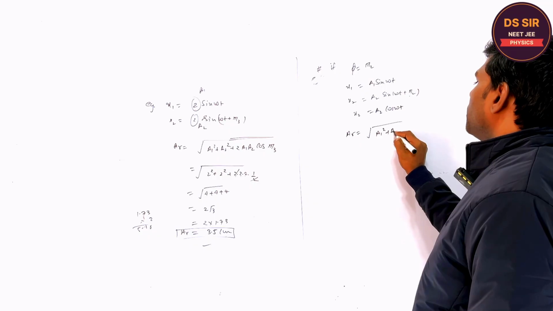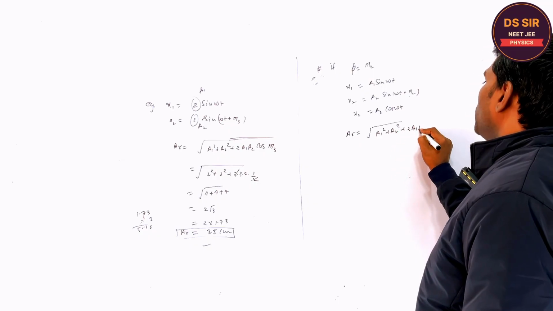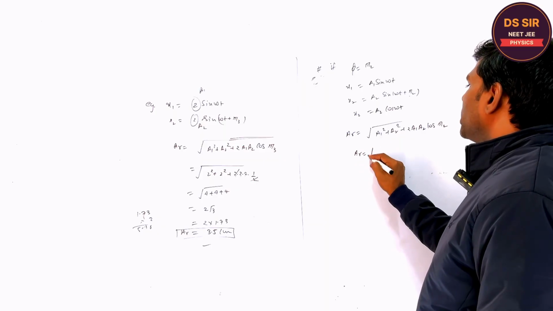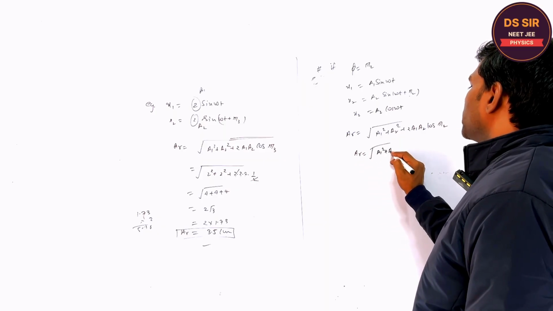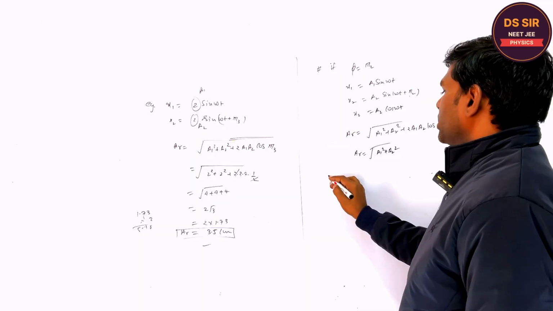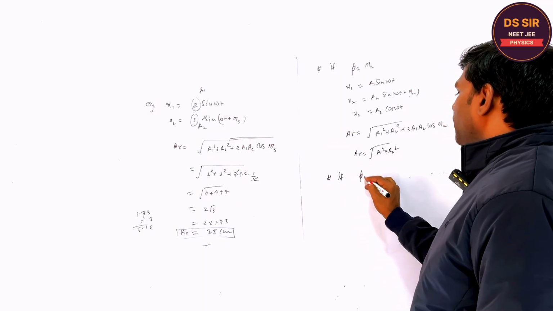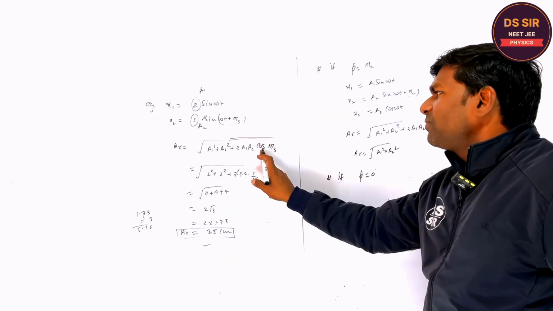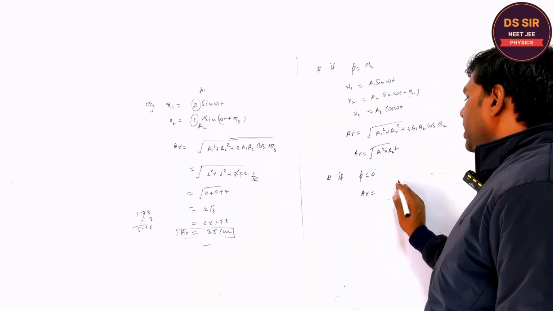So what is the resultant amplitude in this case? Root over a1 square plus a2 square plus 2a1 a2 cos pi by 2. So in this case, the resultant amplitude will be root over a1 square plus a2 square. Right. Then if the phase is 0,